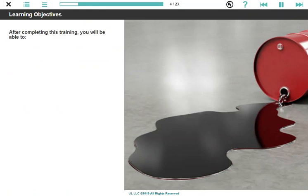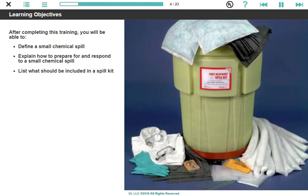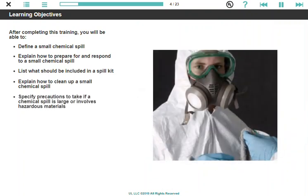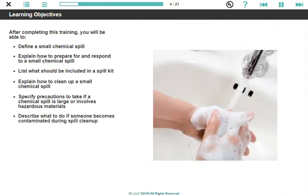After completing this training, you will be able to define a small chemical spill, explain how to prepare for and respond to a small chemical spill, list what should be included in a spill kit, explain how to clean up a small chemical spill, specify precautions to take if a chemical spill is large or involves hazardous materials, describe what to do if someone becomes contaminated during spill cleanup,